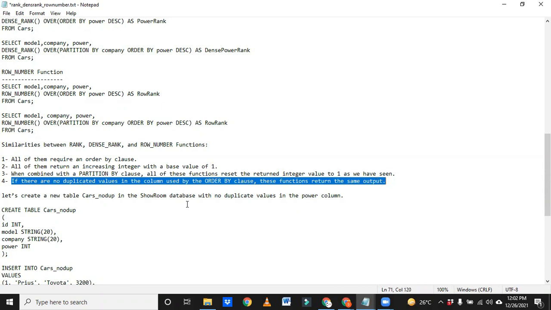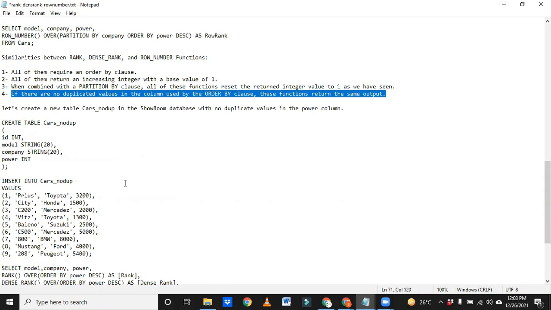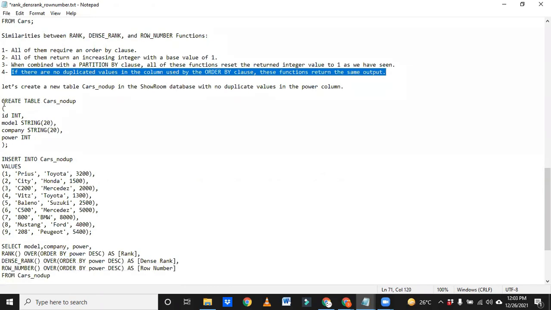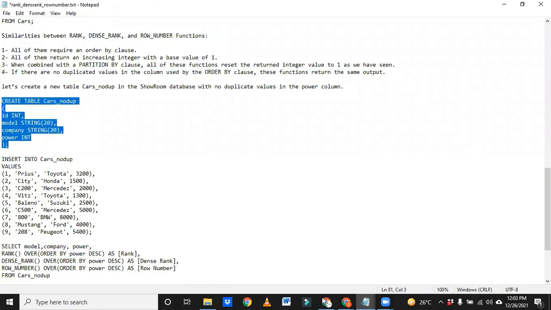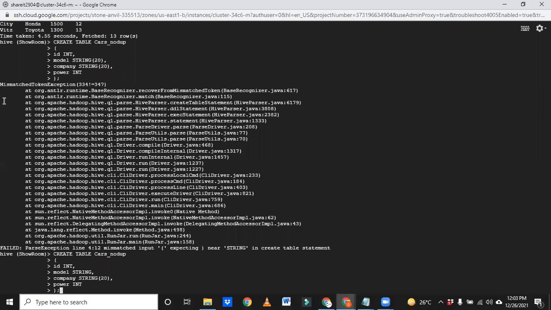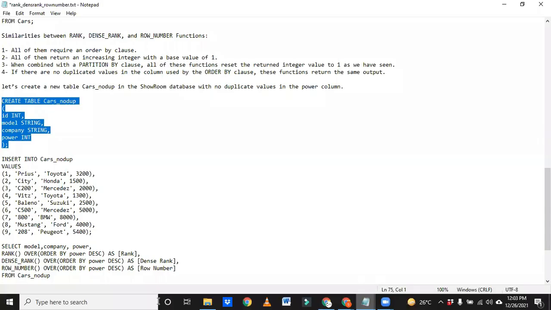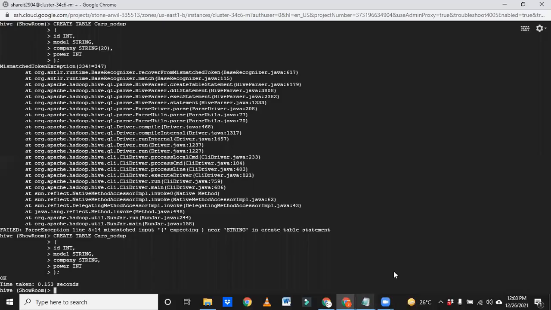Now we will see how it works when we do not have duplicates. So I'm just creating one table, with no duplicates. The table is created, and loading this data.